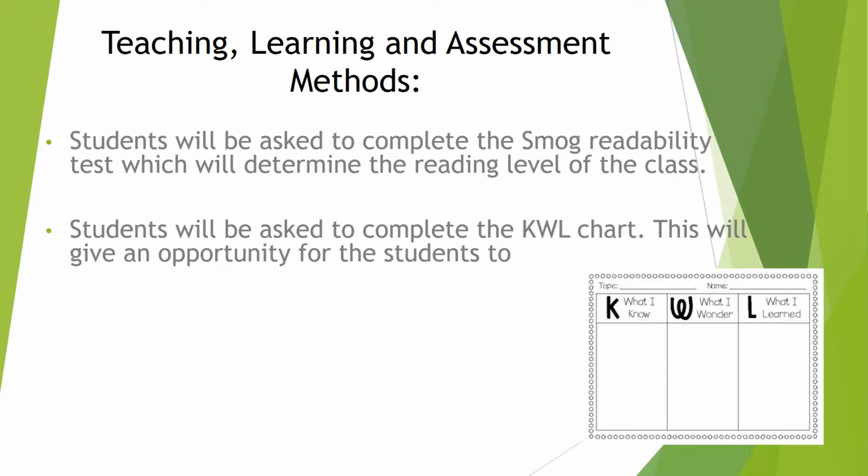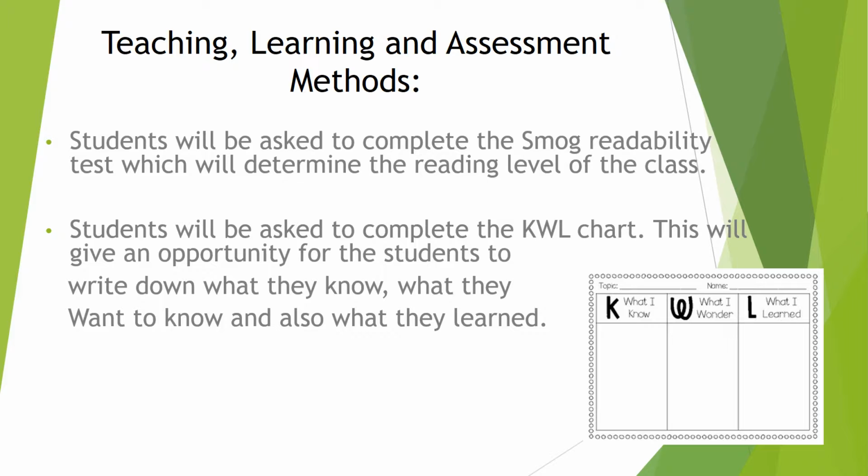From the Junior Certificate School Programme JCSP Student Workbook, which promotes personal writing, students would be asked to embed the key skill of being creative as they will be asked to write a piece of writing. They will be given the title, "A Time I Did Something I Shouldn't Have." This is their title and they will be asked to explore and write a piece from this title. Students will also be asked to complete the KWL chart. This will give an opportunity for the students to write down what they know, what they want to know, and also what they have learned.